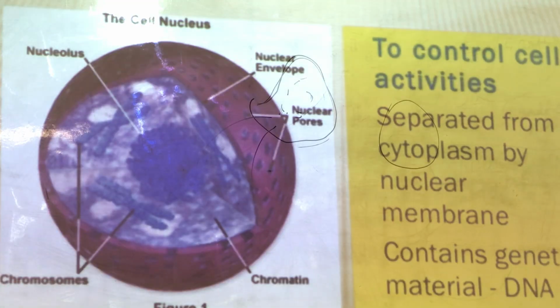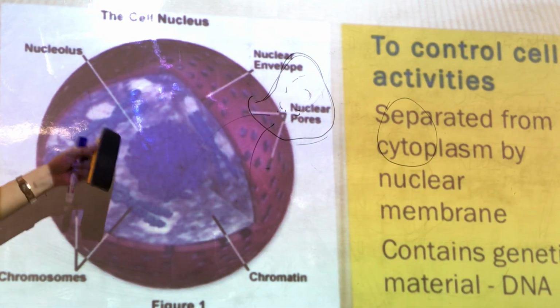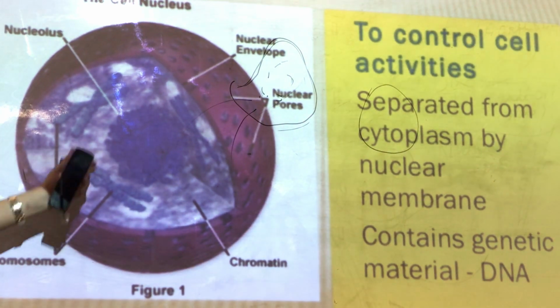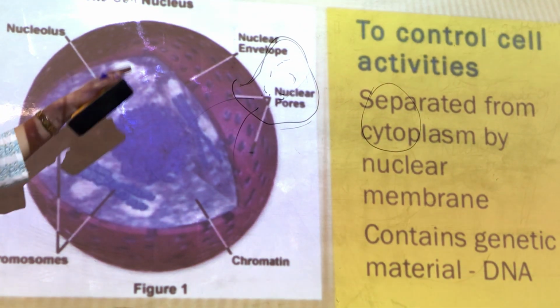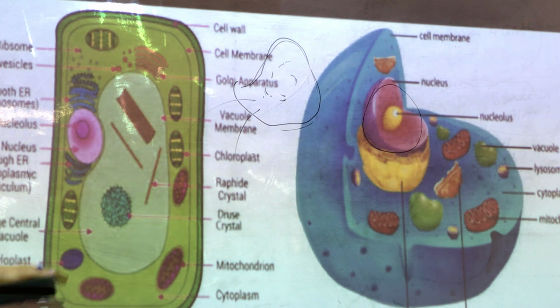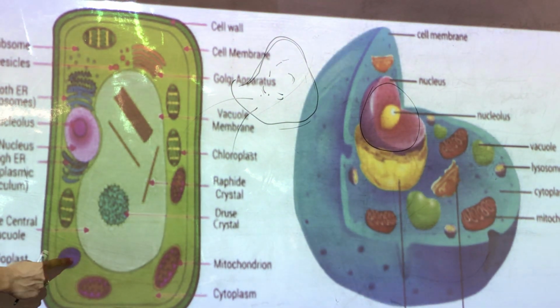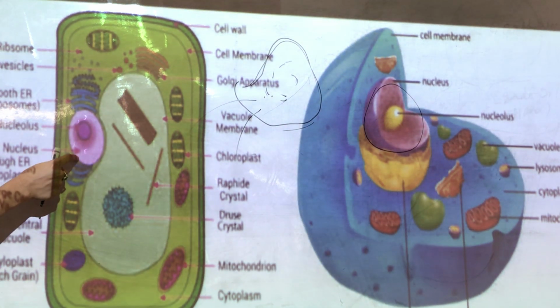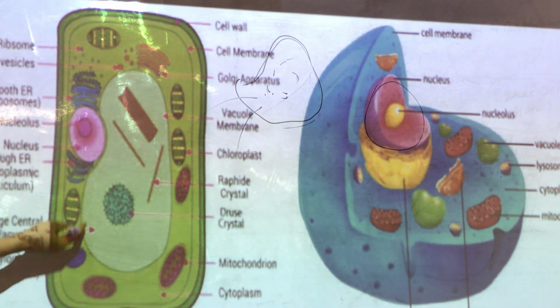That is the reason why this nuclear membrane is very important. Now, children, we all know the nucleus is the centermost thing present in the cell. It is the brain of the cell. It controls all the cell activities. Can you see these colorful things? These are the organelles. This nucleus decides which organelle will function and how.